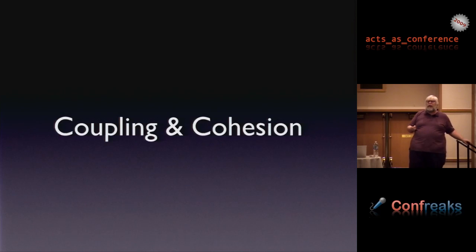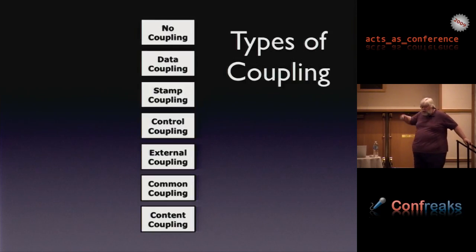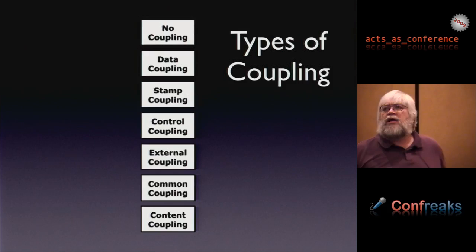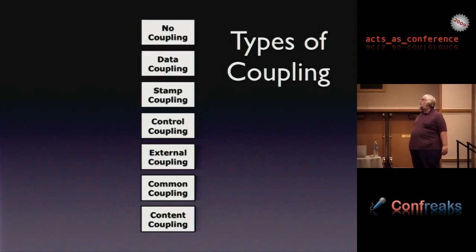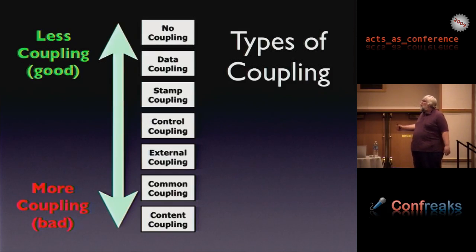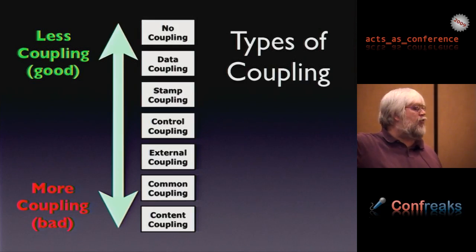If we're looking for some basic principles, I think coupling is one of the biggest issues in software development we have to deal with. And a lot of our principles deal with how to decouple one piece of software from another piece of software. So, Glenford Myers in his book talks about seven levels of coupling and gives them names. They range from, at the bottom, the strongest coupling, up to the top where you have no coupling whatsoever.